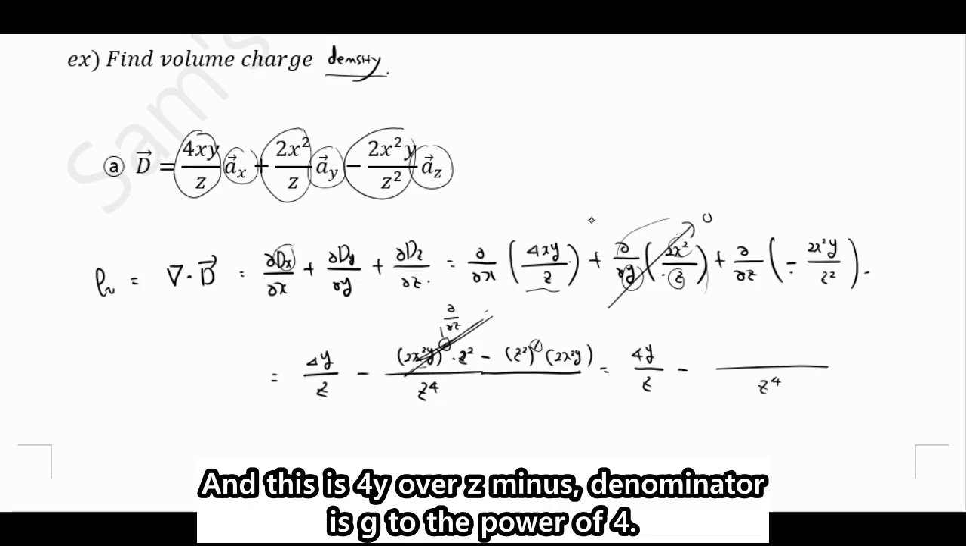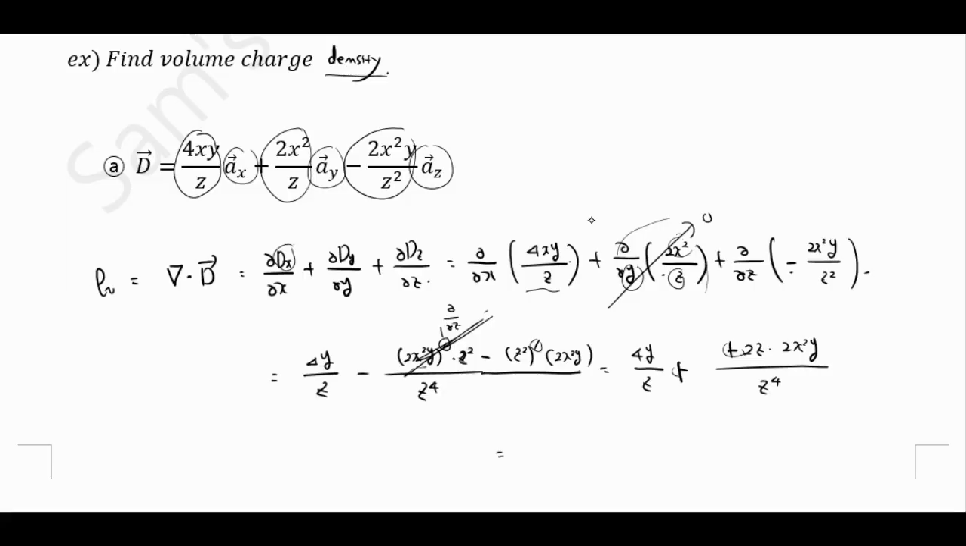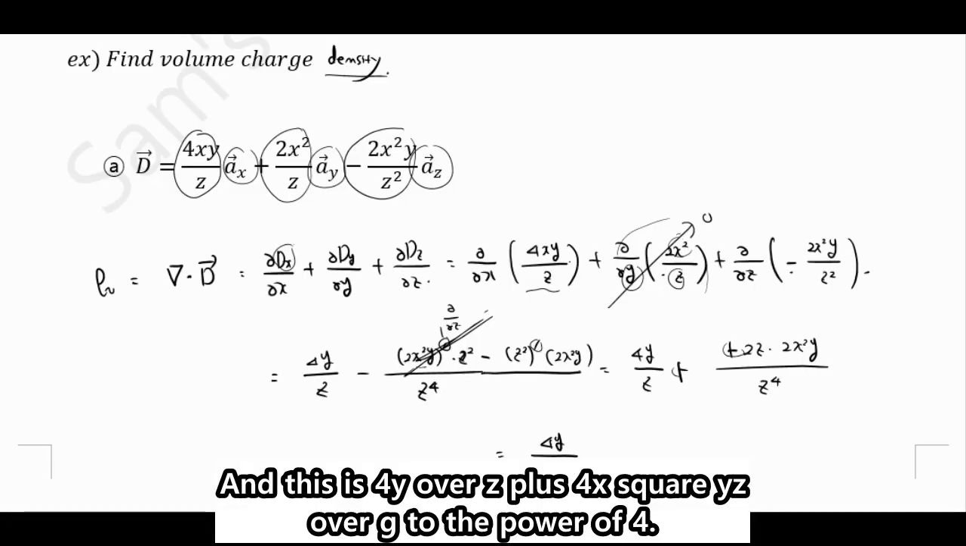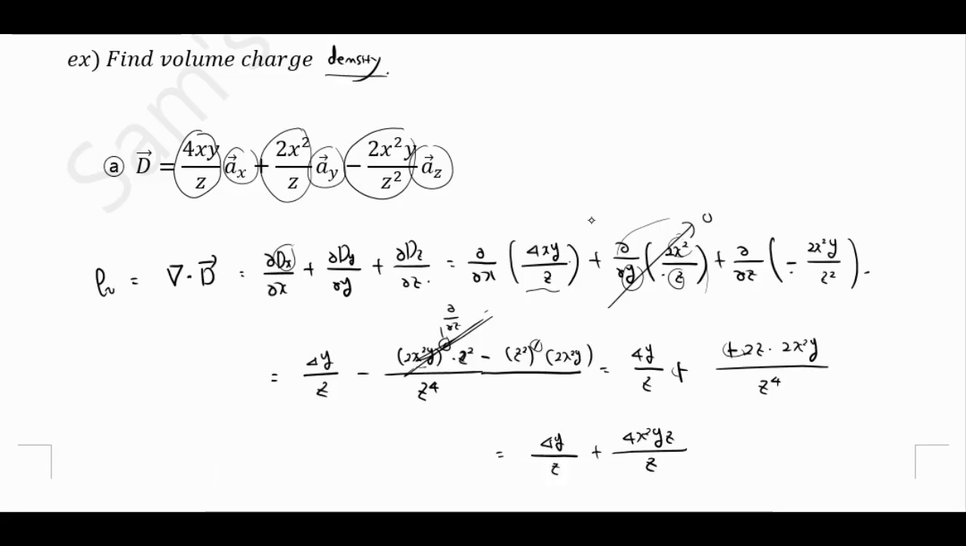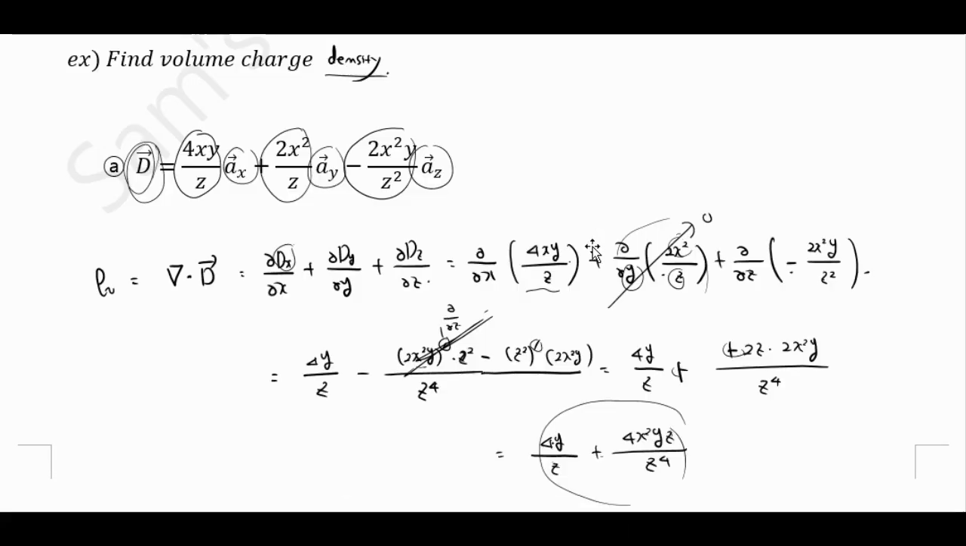And this is 4y over z minus, where the denominator is z to the power of 4. The numerator is minus 2z multiplied by 2x squared y, and minus minus becomes plus, so this is 4y over z plus 4x squared yz over z to the power of 4. This is the answer to this question. It means the volume charge density of this D vector is 4y over z plus 4x squared yz over z to the power of 4. The next question is